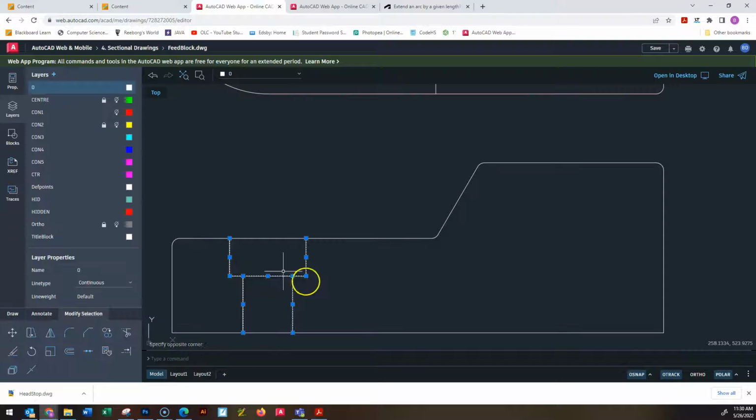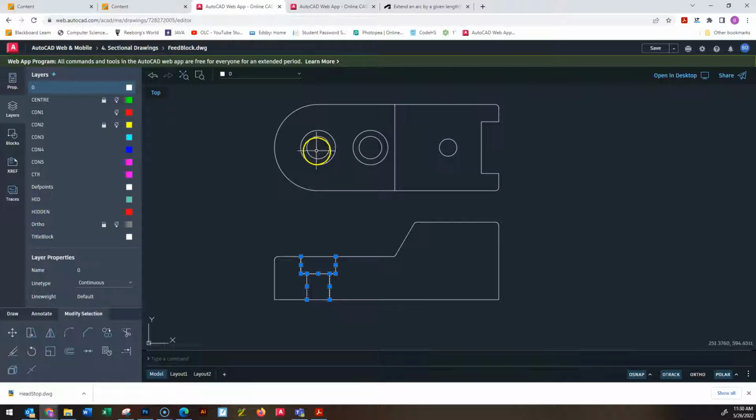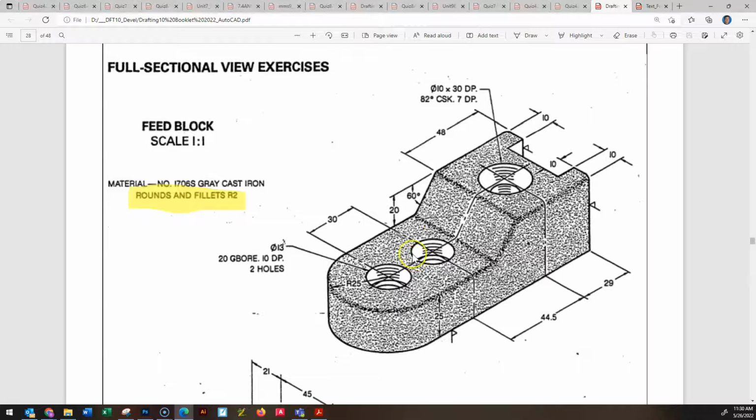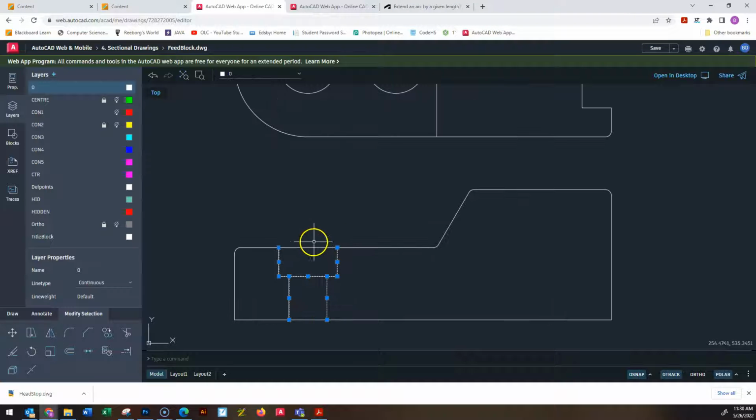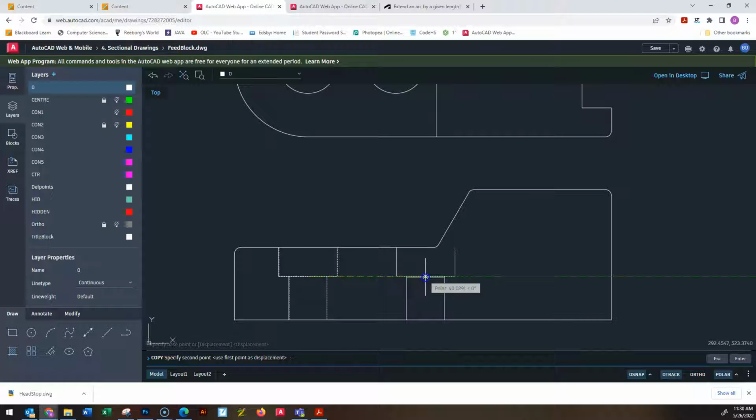I'm going to take this, and I need to move or make a copy of this to take care of this one. Now, I could do the same thing. I could trace everything down, but I know exactly how far apart the centers are for these. They are 30 apart. So if I copy the object I've drawn, from the middle of it, anywhere in the middle, I'll take the middle here,